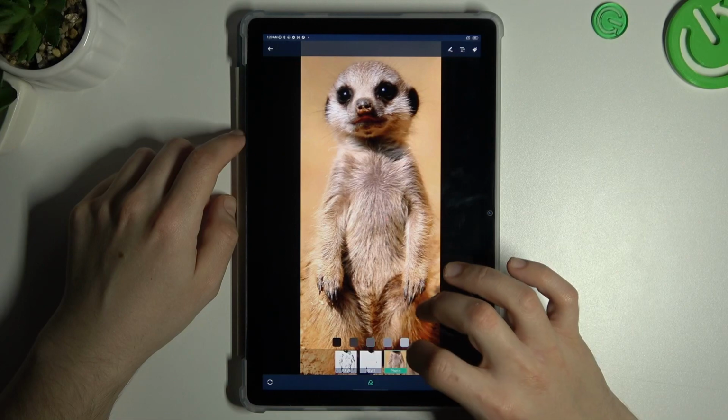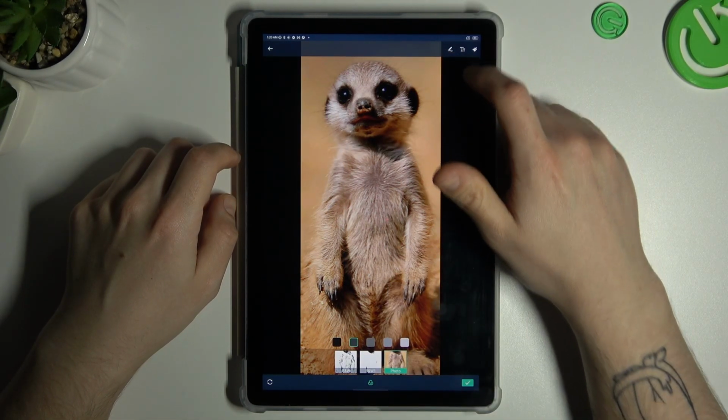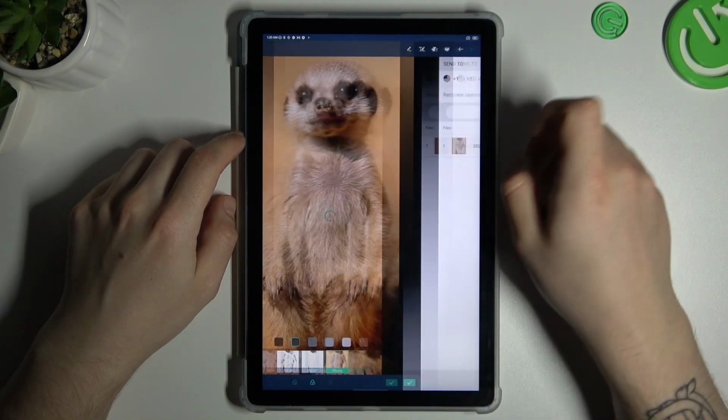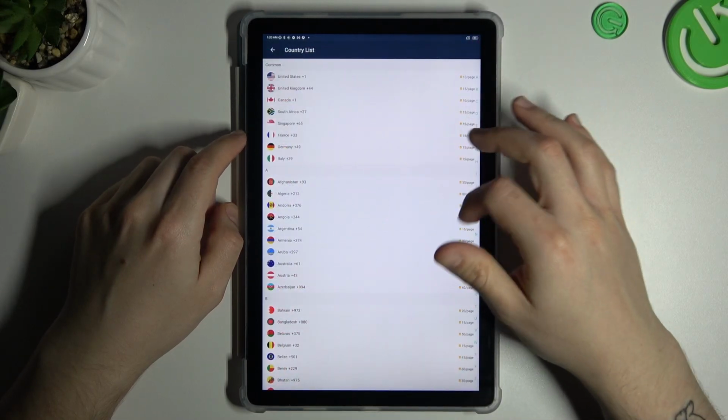Now choose the filter for your photo to make it more visible for your receiver, and you can also add the signature, text and graffiti by these icons. If you're ready, click accept. And now type the number in this place, choose the country from the list,